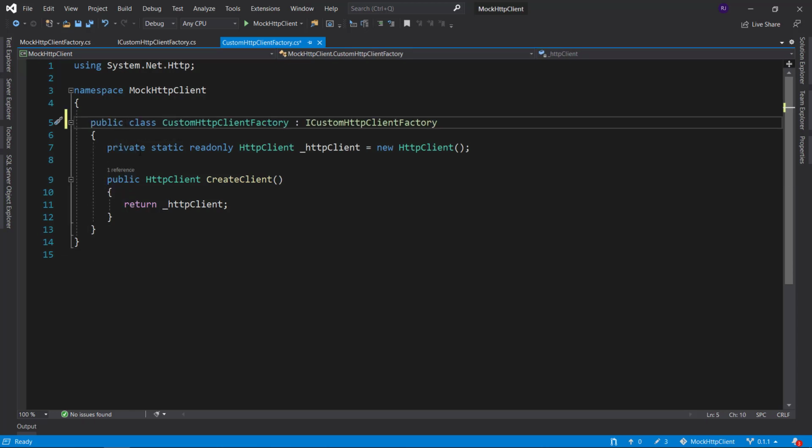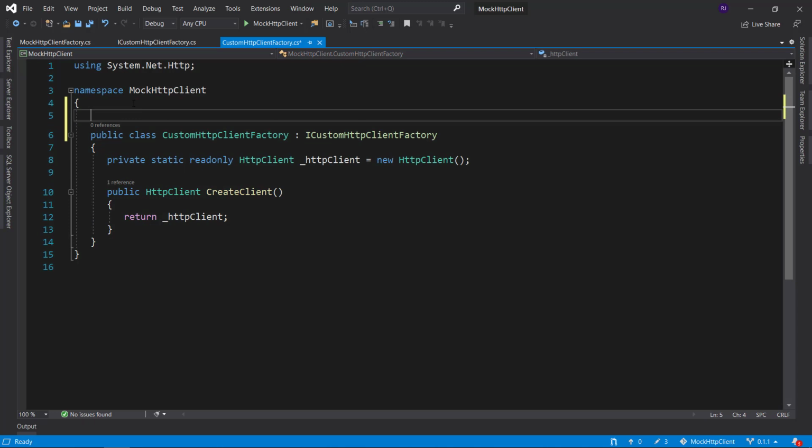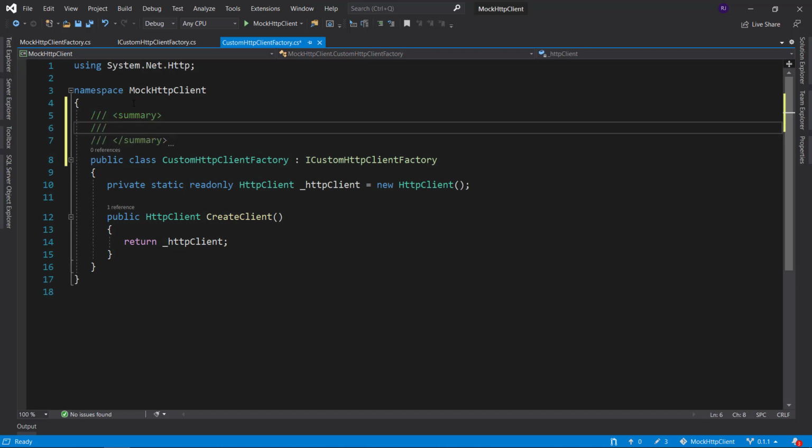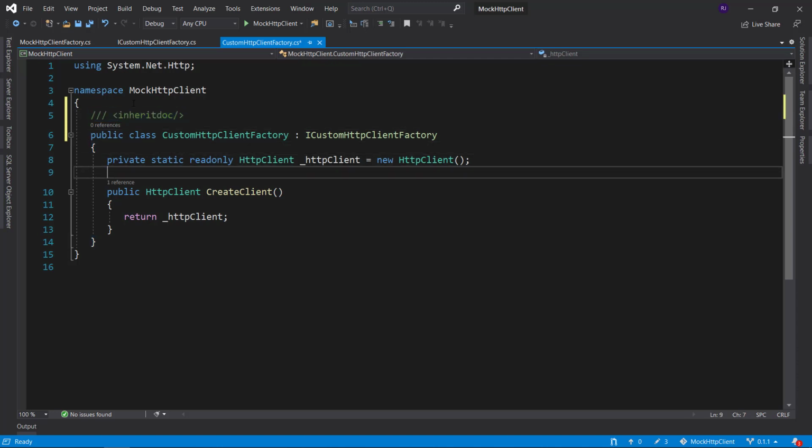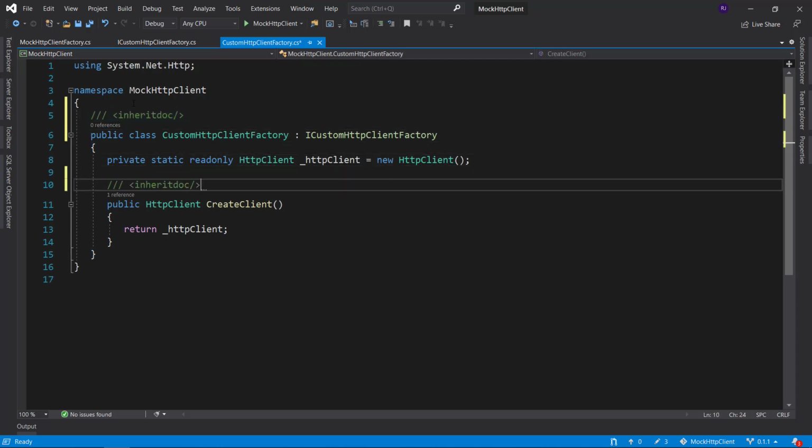Making it public also makes it necessary to add documentation for the code. I will do that by adding 3 slashes again, but in this case, instead of writing a new summary, I will inherit the one from the interface it inherits. So I will write inherit doc. I will copy this and paste it here for the method as well. And with that out of the way,